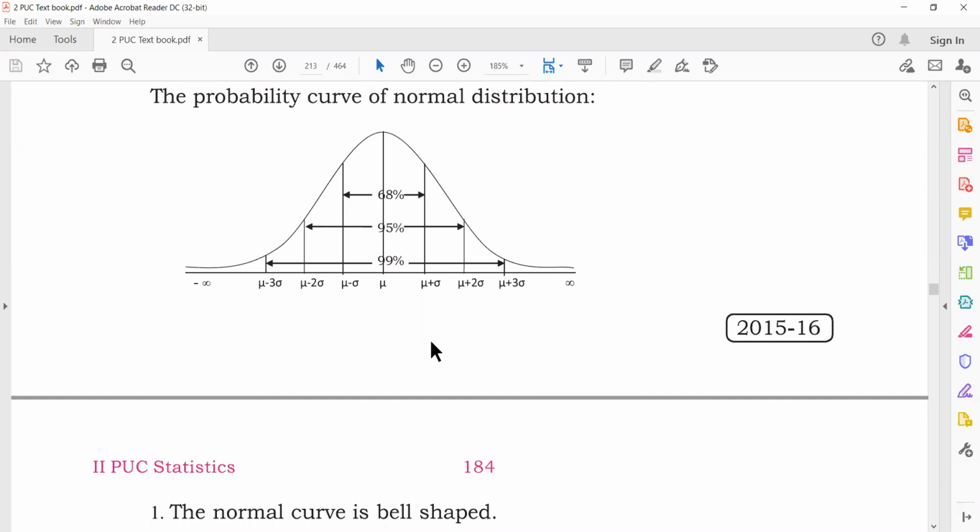So the other view or approach is that if you are producing any items and you want to make sure that 99% of the items fall within a specific range, then obtain the limit such that, or fix your mu and sigma such that within mu minus 3 sigma and mu plus 3 sigma, you will produce 99% limits. Now, these calculations were done prior to, say, 15 or 20 years,